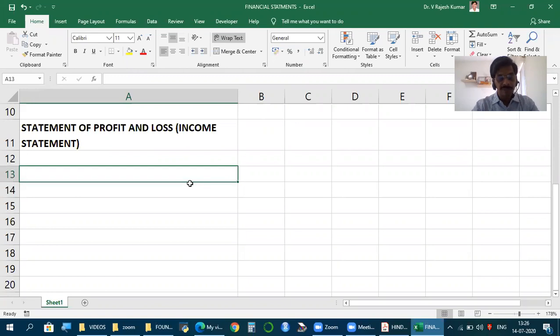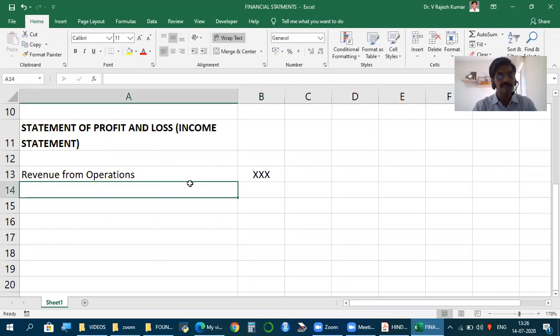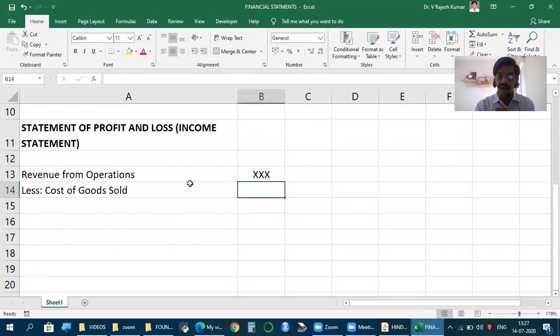We begin with revenue from operations. This is an item which you directly find available in the statement. Take this, but don't go with the format what you find, go with this. And from this, we should deduct cost of goods sold. Please remember, this is how we should organize financial statements for our requirement. It will be in a different format in the annual report, which is for reporting, presentation. Our requirement is for analysis, how we should have it. Less cost of goods sold.